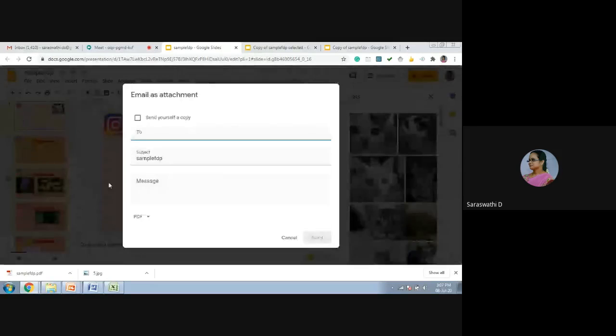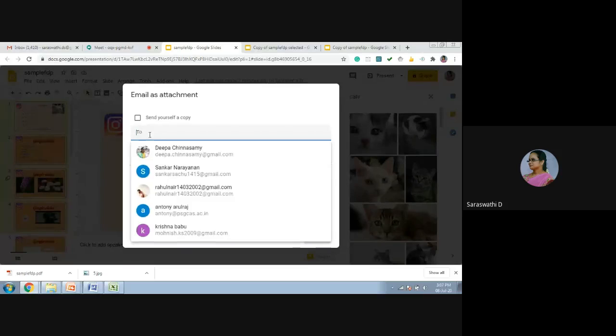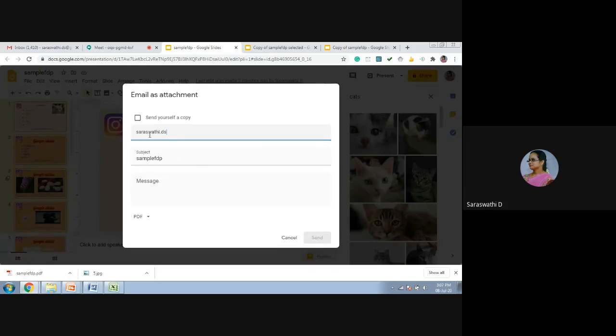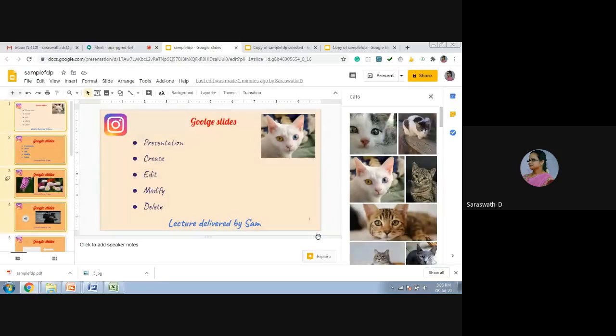And then if you want to send as an attachment, you can send it. Let us select send a file to whom you want to send. You just type the respective address. And this I select her. Here if you want to type any message, you can send it. This is a slide like this.